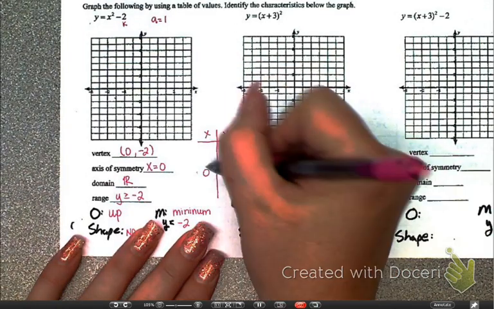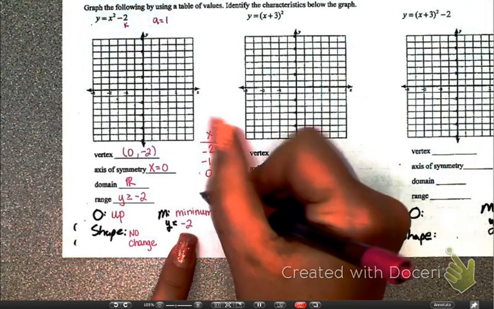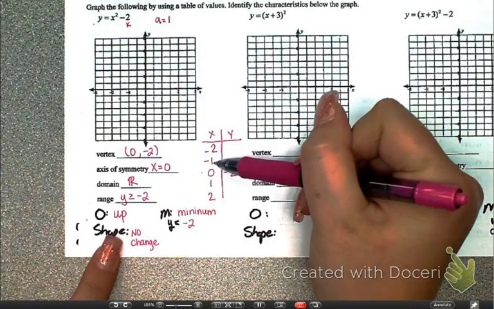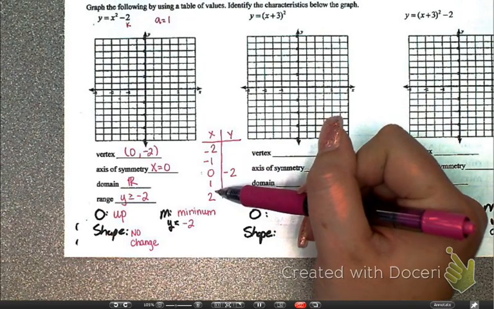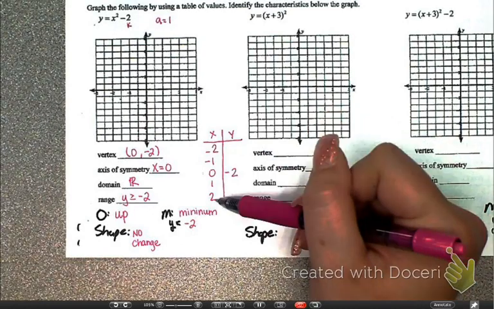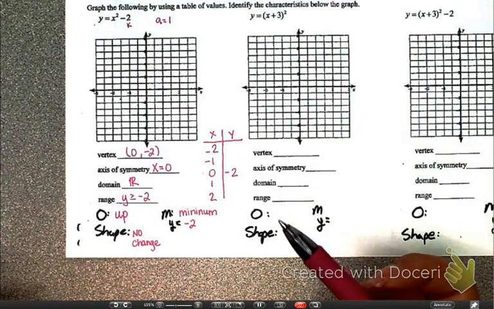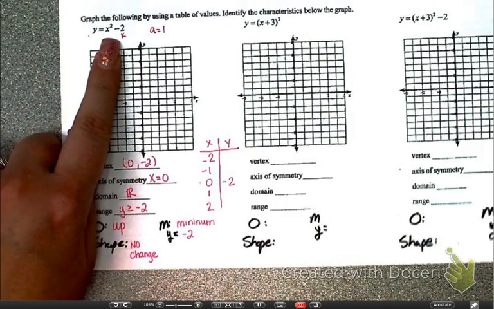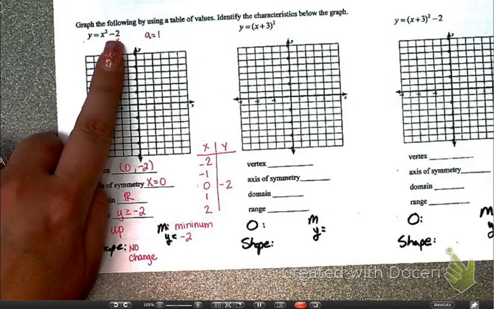So 0, and then I have -1, -2, so it happens to be the same points, and 0, 1, and 2. But whatever I plug in for -1 will be the same if I plug in 1. Whatever I plug in and get for -2 is the same if I plug in 2. So let's not do the negatives, right? Let's deal with positives. So if I plug in 1, 1 squared is 1, and 1 minus 2,